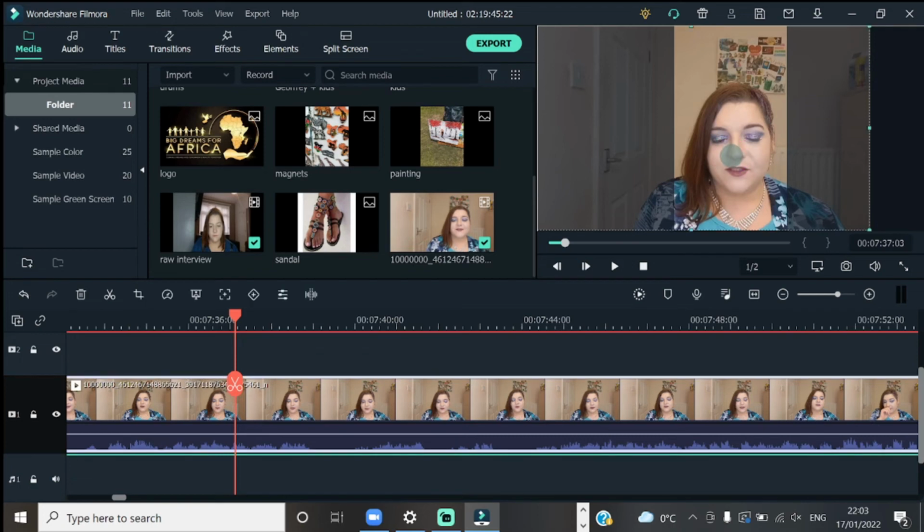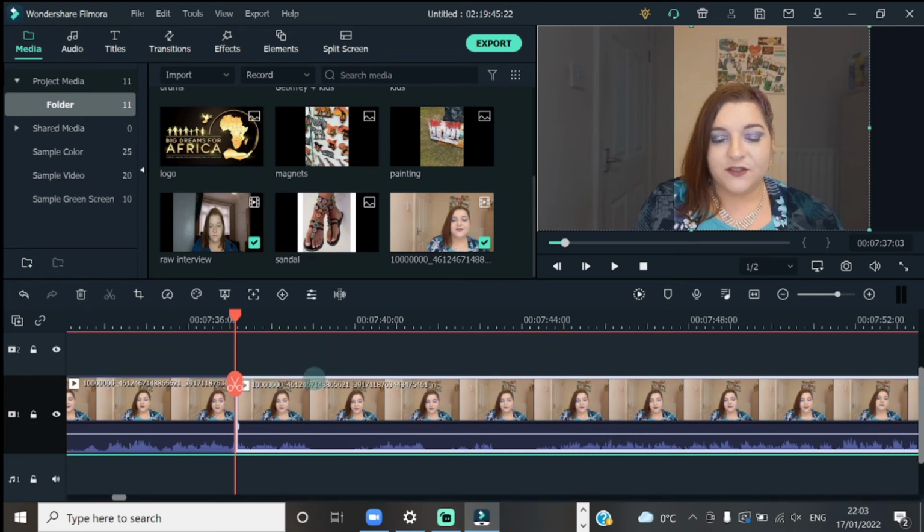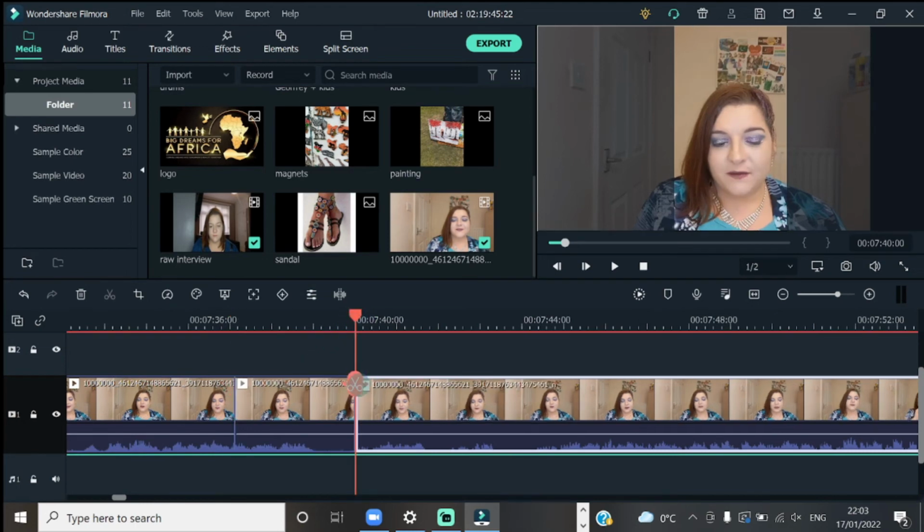Now of course you can zoom in and zoom out if you want to. For example, if you have too many cuts or splits in your video because you made many mistakes, it would be awkward to put any transition there, but people would see lots of cutting and you don't want that. The other thing you can do is, let's say I have a split here and I have a split here,